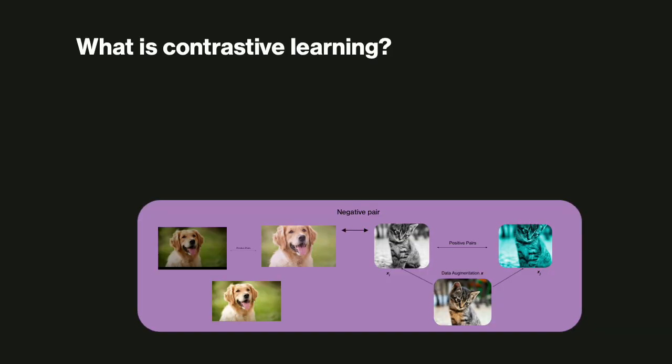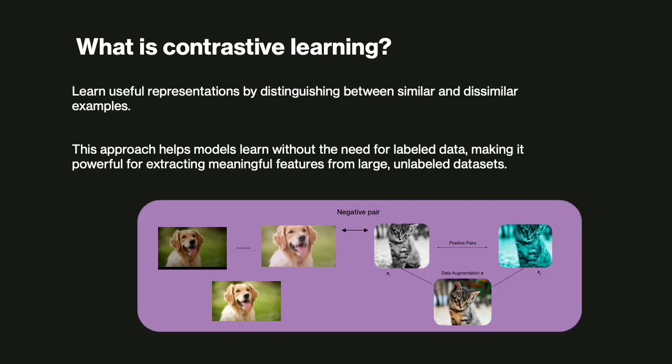So what is contrastive learning? Contrastive learning is a self-supervised learning approach that focuses on learning useful representations by distinguishing between similar and dissimilar pairs. The main idea here is to bring together the representation of similar samples while pushing apart the representation of dissimilar